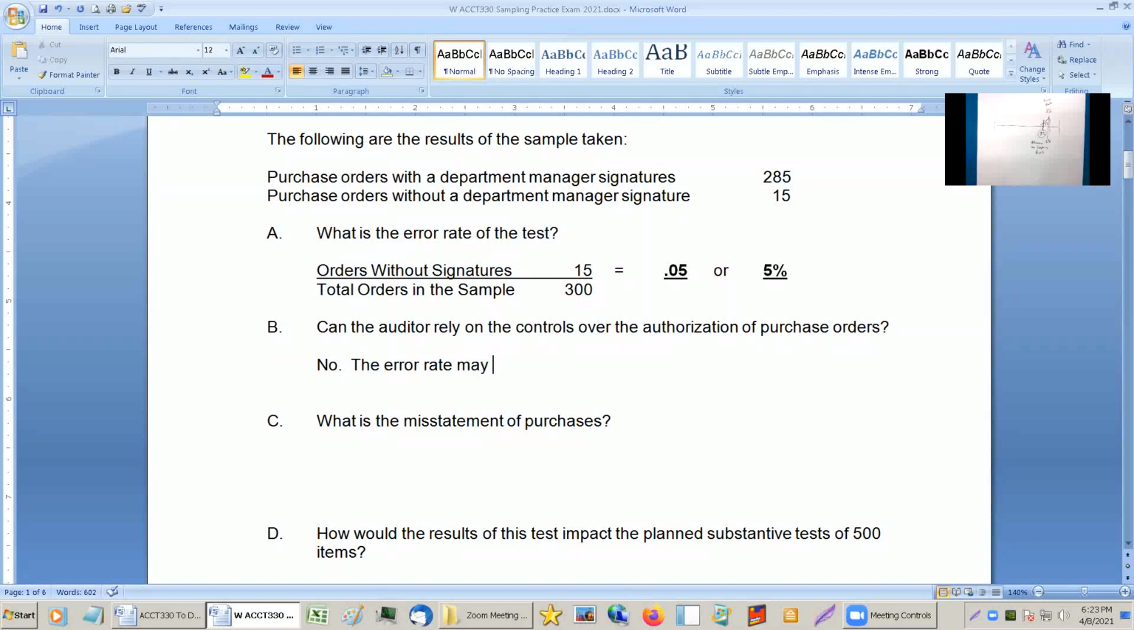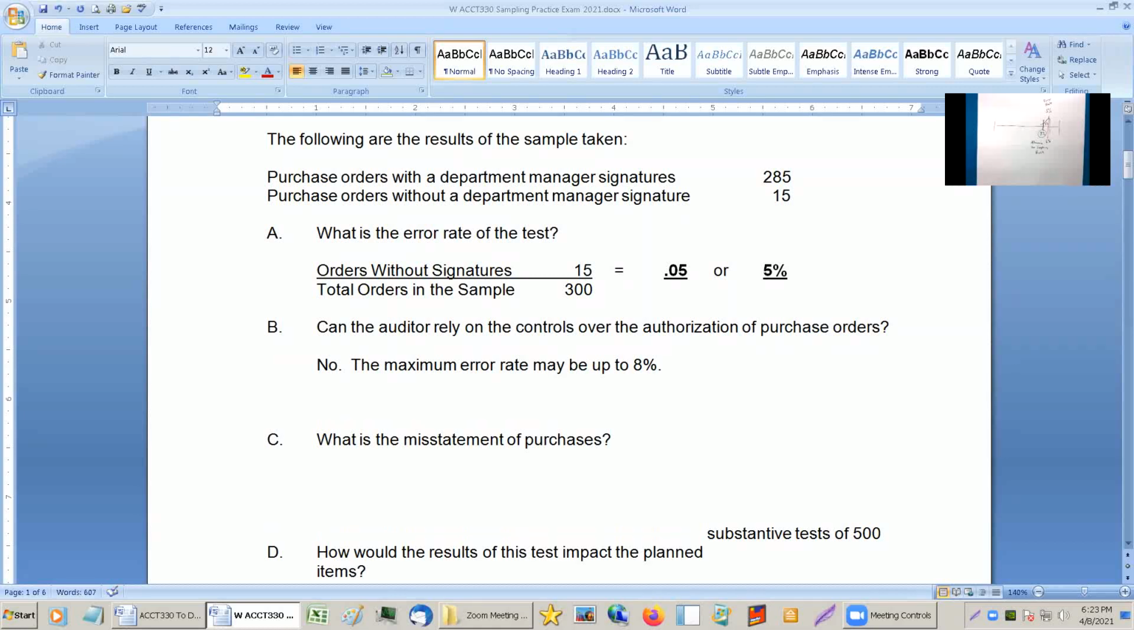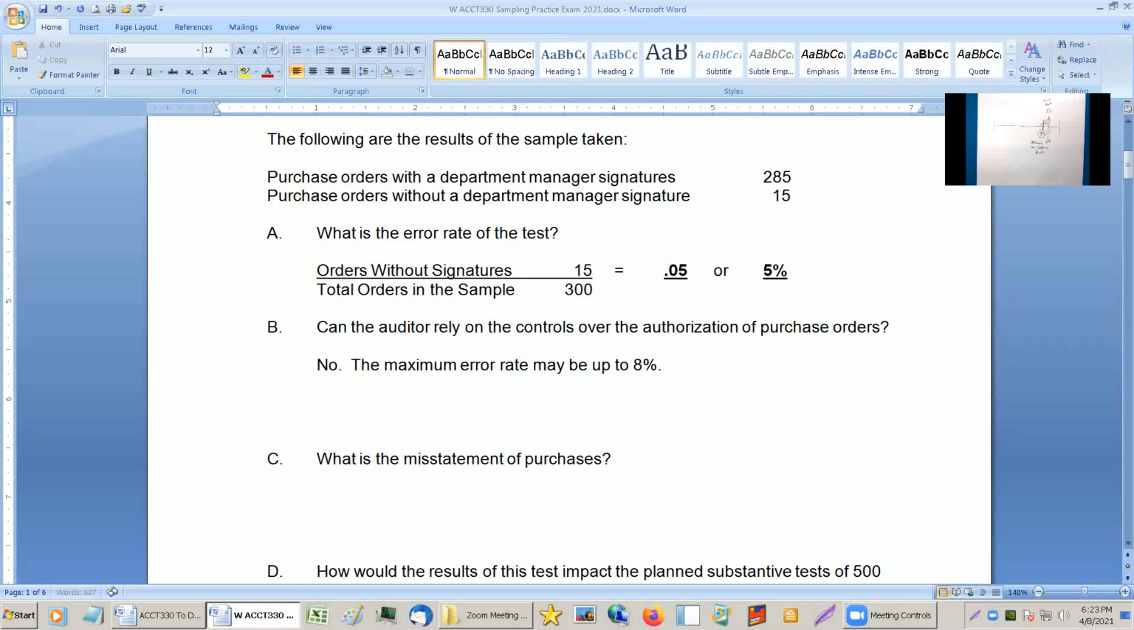Yeah, I thought I had to say this. Maximum error rate. So the upper limit, 8%. Why? Because the